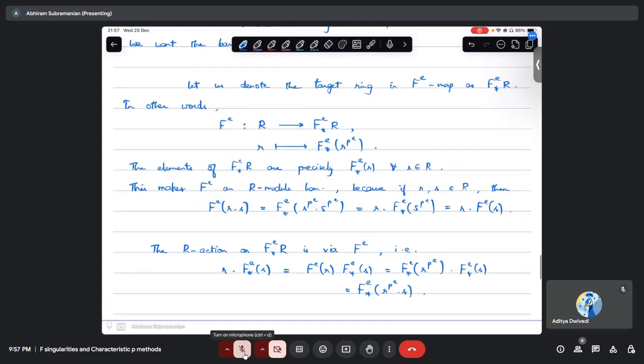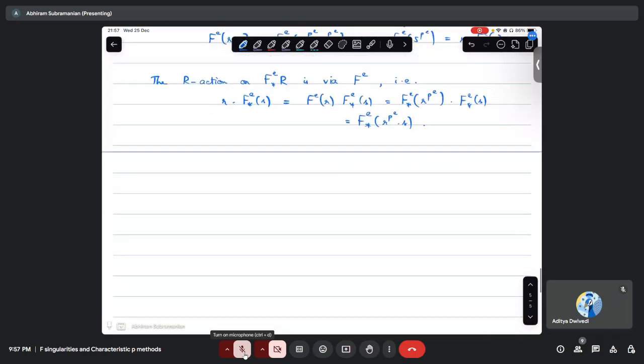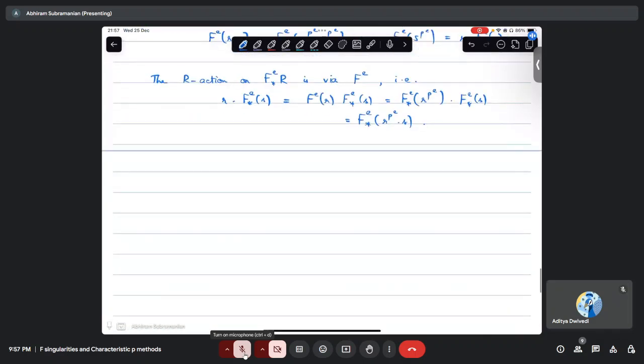So this is the action that we are interested in. We want to make the target of the Frobenius an R module. And this action is what makes the Frobenius homomorphism very interesting. And we can also define, let